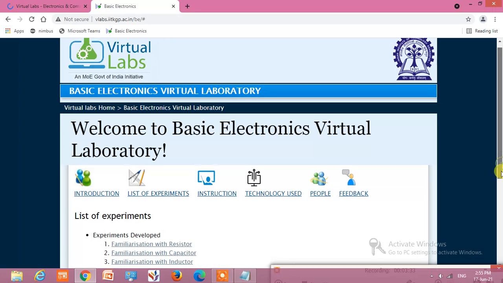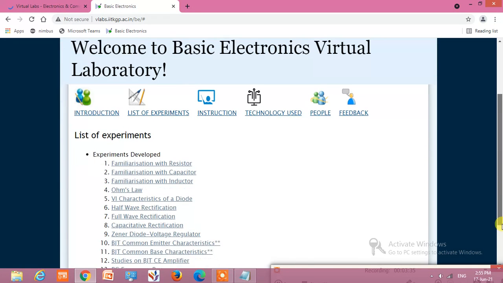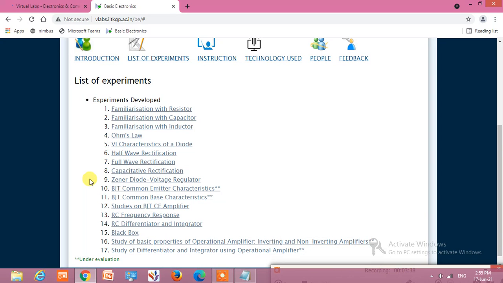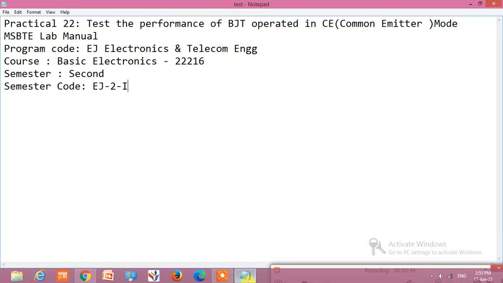Just simply scroll and the title of our experiment is, yes, number 10, BJT common emitter characteristics. As I have shown previously, this is practical number 22. Test the performance of BJT operated in common emitter mode or common emitter configuration.